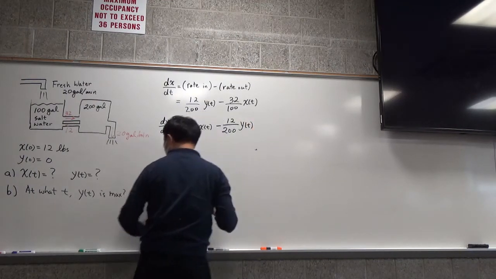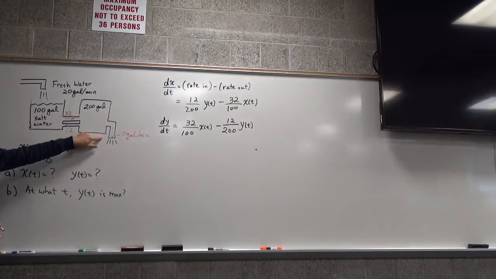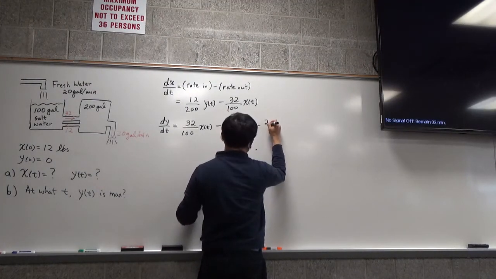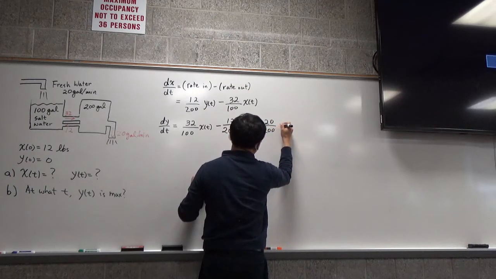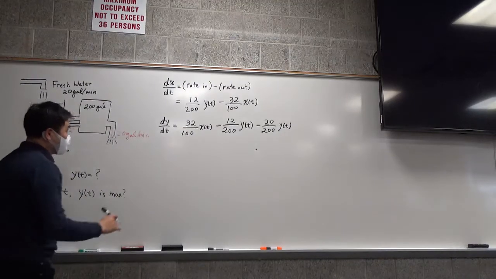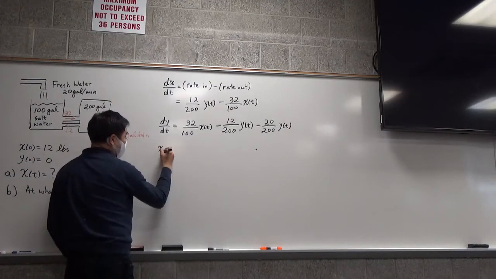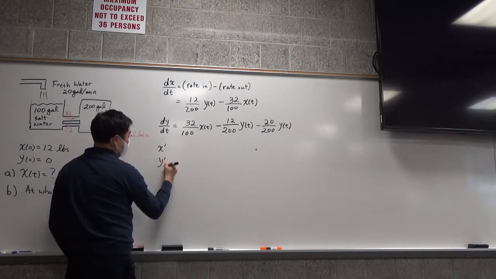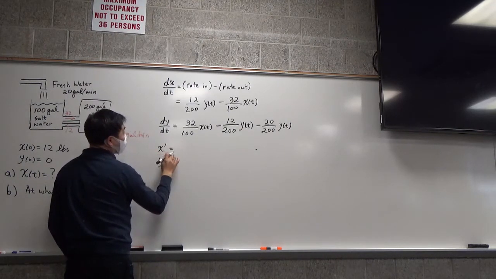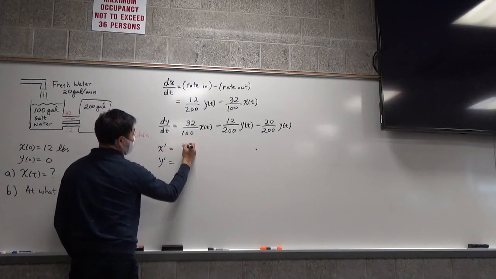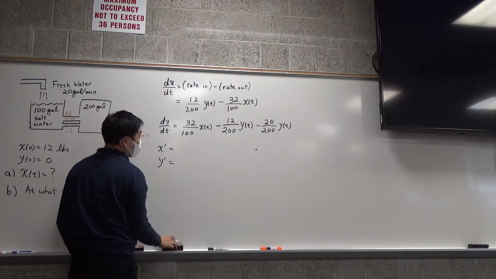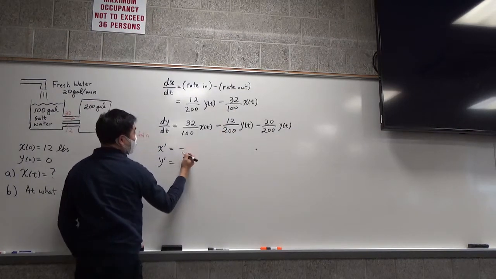All right. But what about this one? That's also losing, so we put minus 20 over 200 y of t. And the result is that we have the following system. It's x prime, y prime equals, x prime is 12 over 100. No, let's put dx/dt first, the x of t first. So it's negative,